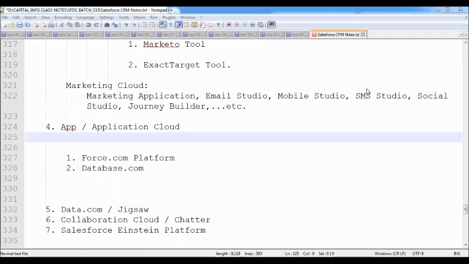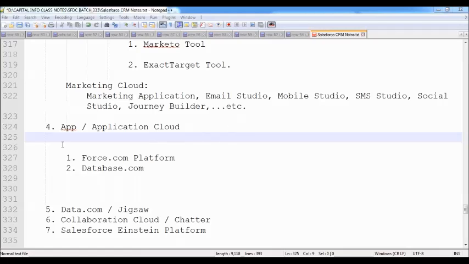Sometimes you can raise a question: sir, I am in the banking sector, I want some banking automation applications. I'm in manufacturing, I want a manufacturing automation application. I'm in finance, I want a financial automation application. I'm in pharmaceuticals, I want a pharmaceutical automation application. Then what can we do? Salesforce is not offering all of these. They're offering Salesforce CRM, but I want a banking application, a finance application, a marketing application, a manufacturing application, a consulting application. I want different applications. Then what can we do?